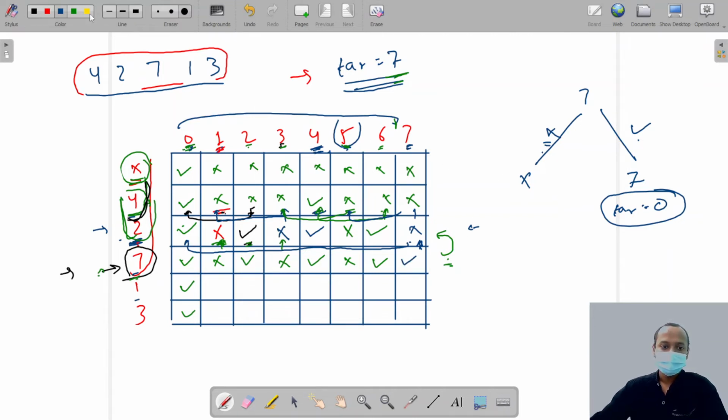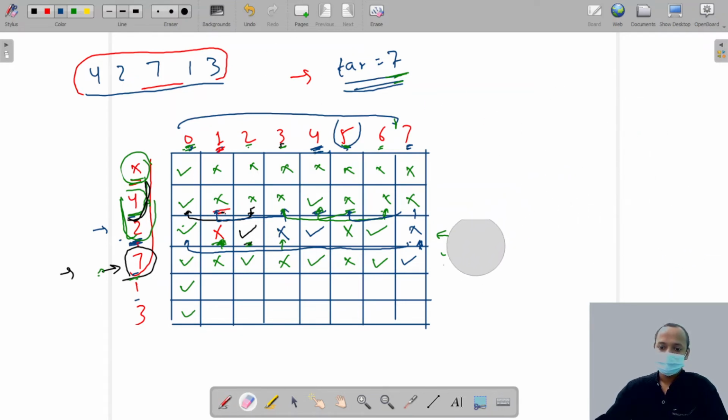Now I hope you understand what we are doing. So now let's talk about this player. This player can make 1 run. If we choose this player, then he can make 1 run, or if we do not choose the player, so we have 2 choices, we can select this or not.